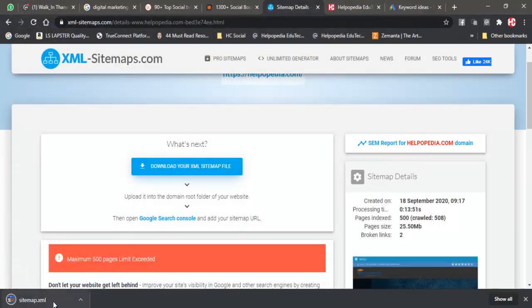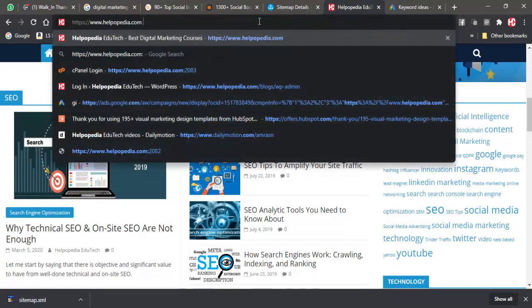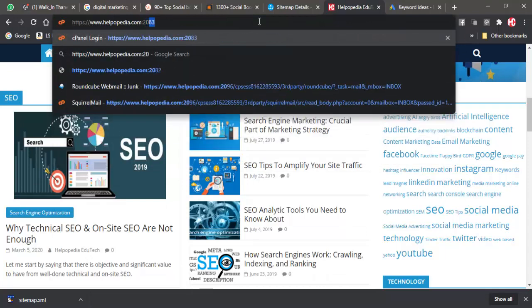So now this XML file has come up. So now I can upload this to my server, and then Googlebot will get to know that some new content is also added on this website. So then it will take that new content also to the search engine. So like this we generate the XML sitemap. Where do we upload this sitemap? Okay, I'll just log into my server and I'll show it to you. So we need to upload it in our public_html, that is the root folder of our website.